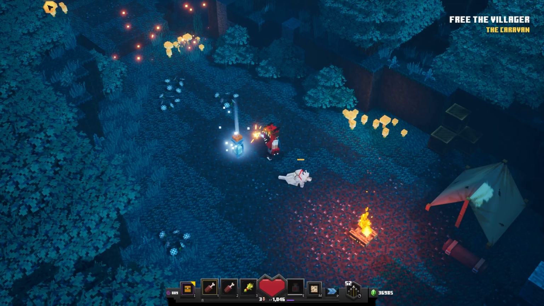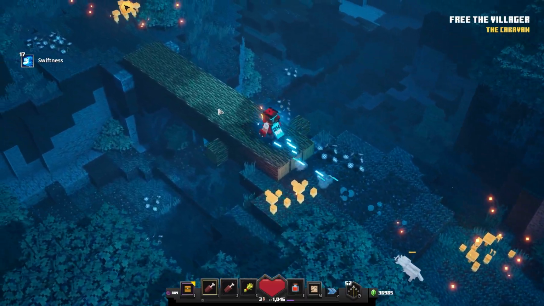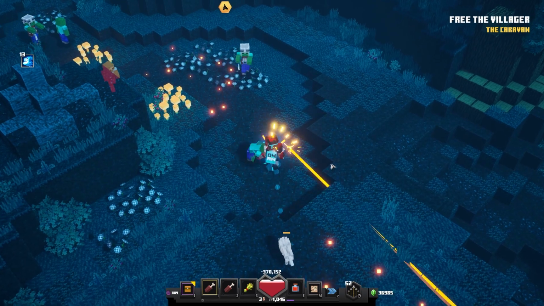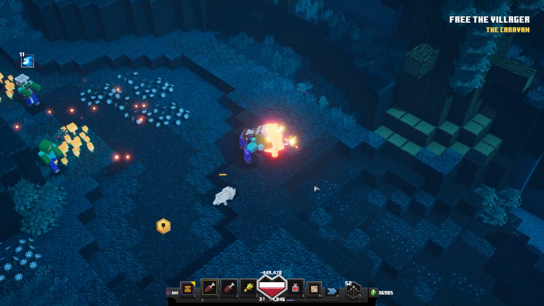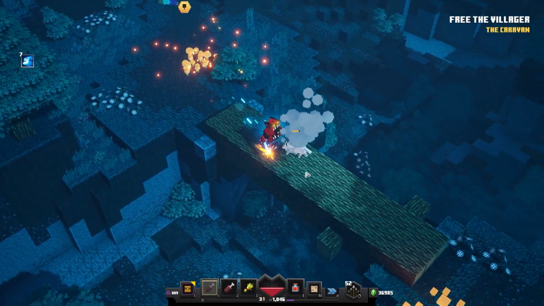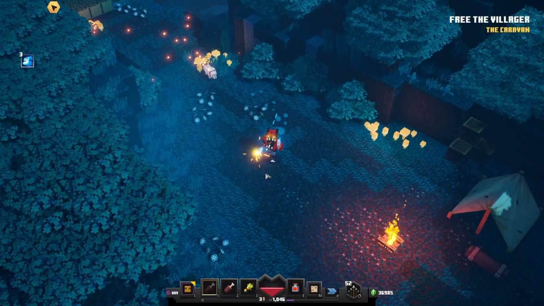370,152. Of course, the wolf insta-killed him already. But let's try that out again, because I want to know exactly how much damage they deal every single time when they hit me. So once again, 370,152. And the other one, 449,000. So let me just summon in once again and see what happens if I put this enchantment on my piece